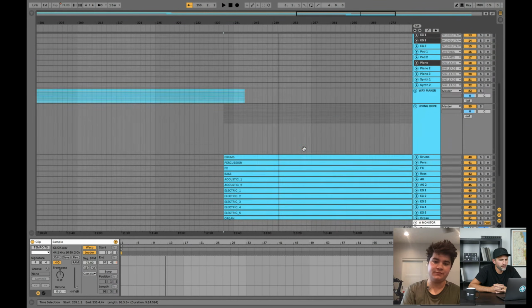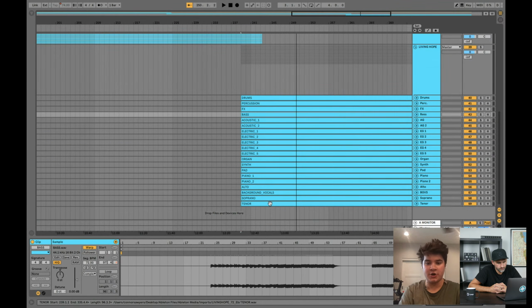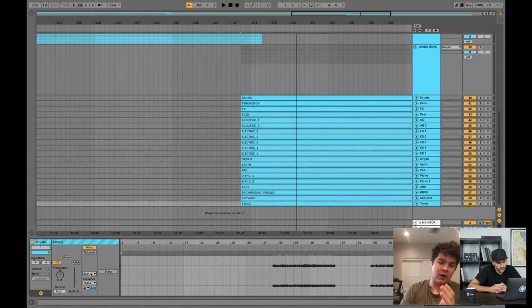And then how would you change the key of the song? I'd go down to whatever carries a note, bass through tenor. I'd select them, make sure they're warped. Ableton will most of the time put you right to Beats. Beats helps warp drum samples, speeding up and slowing down. It was not made to do transposing and stuff like that. So I would always go to Complex.